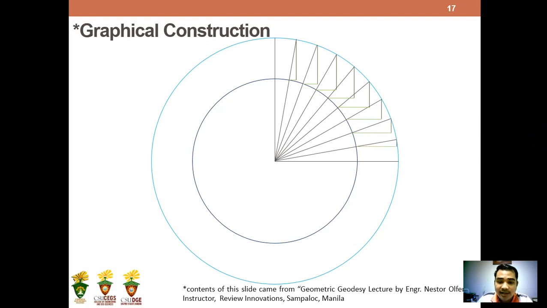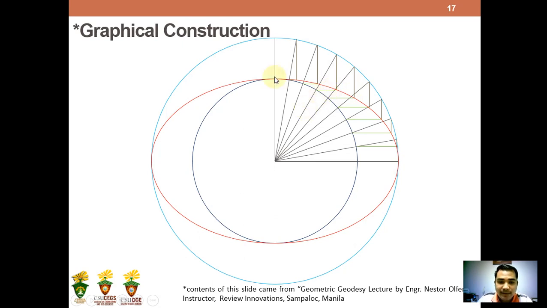Then to construct an ellipse, you need to trace those right angles nag-meet ang katong lines gikan sa taas padulong diri, then katong line nga gikan diri sa intersection sa inner circle forming a 90 degrees, then maka-create ka og ellipse. No? And for this graphical construction, mag-determine ang imuhang